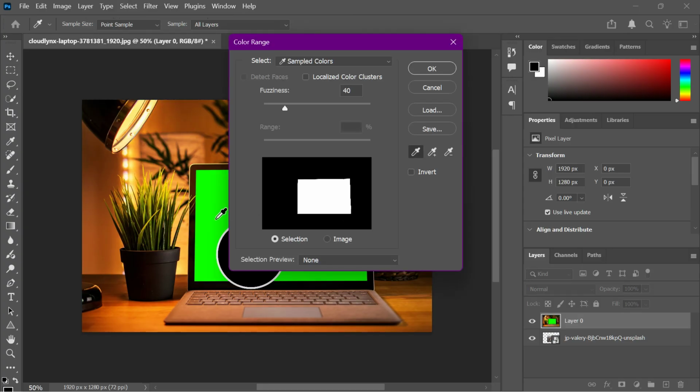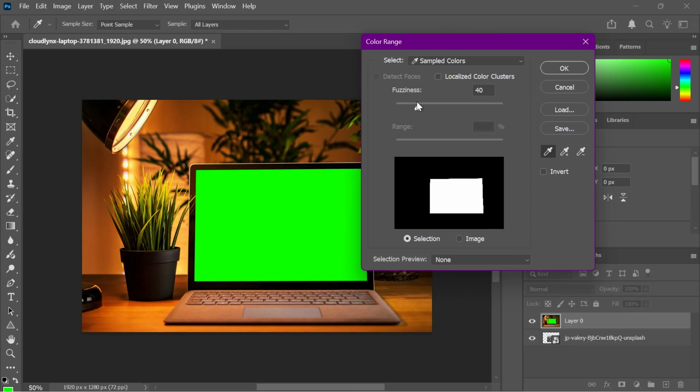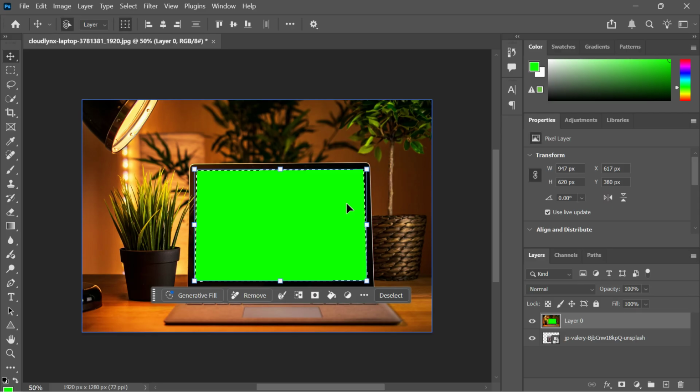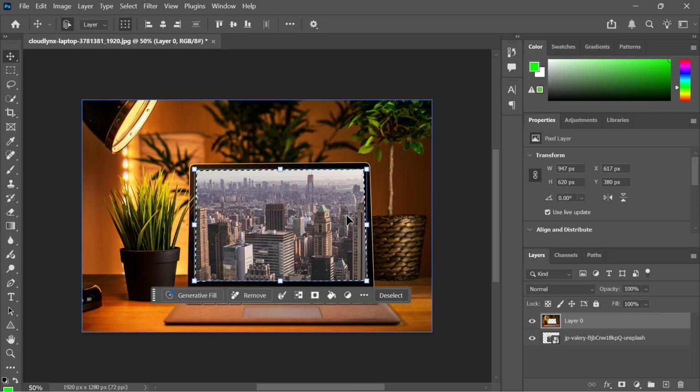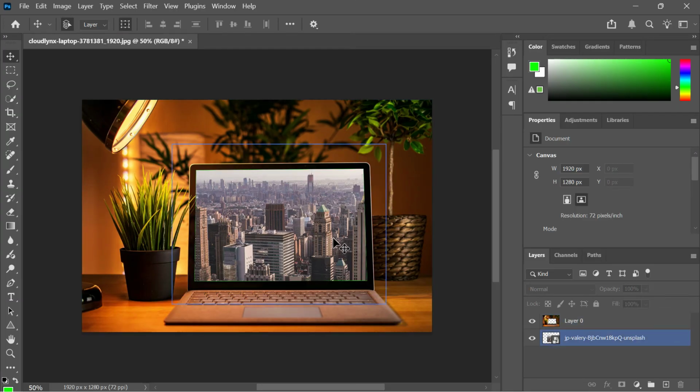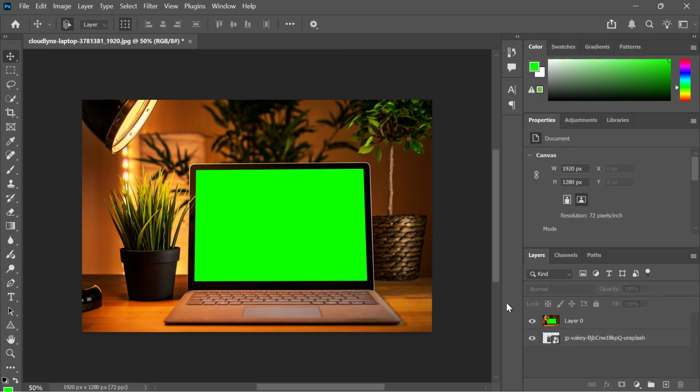You'll notice the white areas in the preview represent what will be selected. Adjust the fuzziness slider until all the green areas are fully selected, while your subject remains clear. Once you are happy with the preview, click OK. Now simply press the Delete key on your keyboard to instantly remove the background, or add a layer mask for a non-destructive edit. Our second method is perfect for when you need much cleaner edges, especially around difficult subjects like